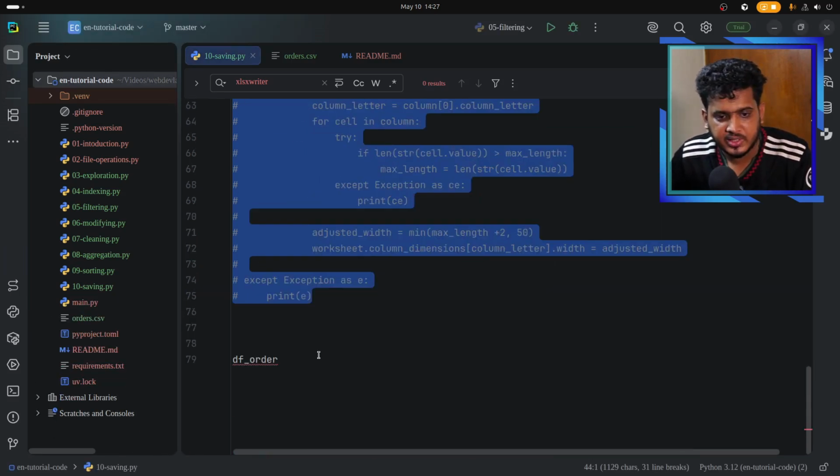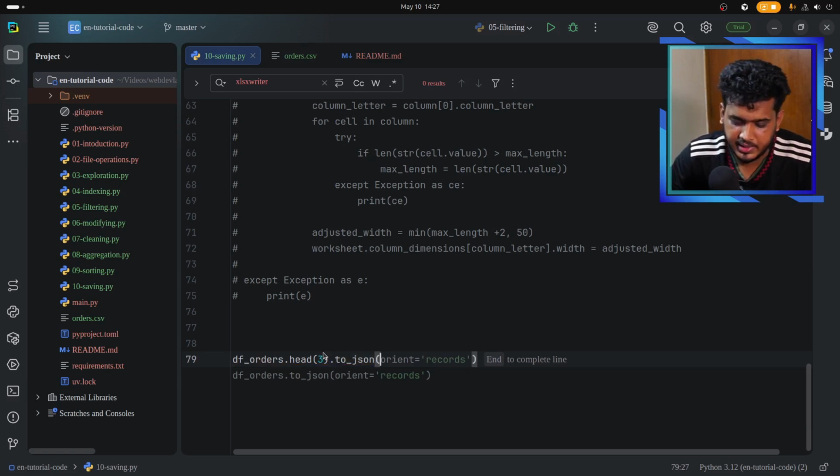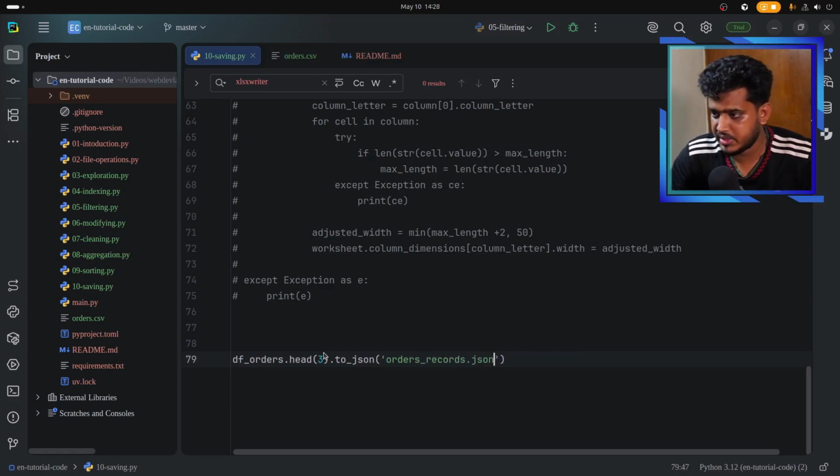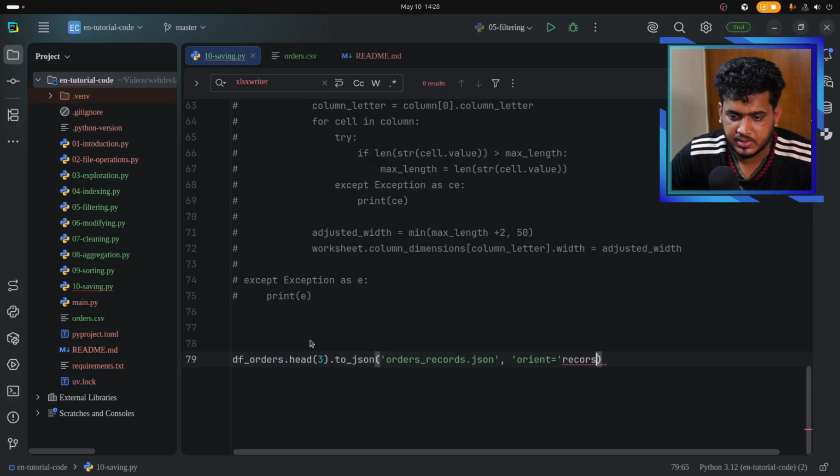Okay, df_orders.head, let's select 3 items, .to_json. In here the name of the file will be orders_records.json, then orient is equal to records,